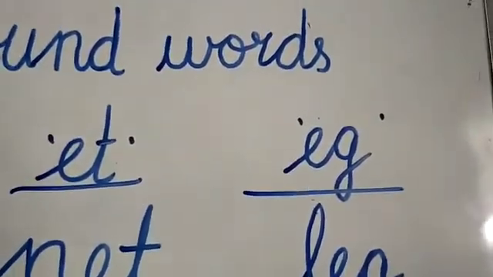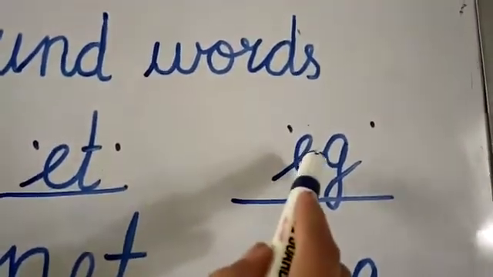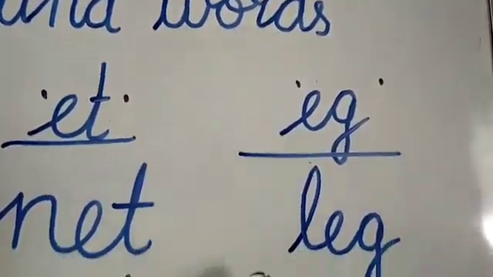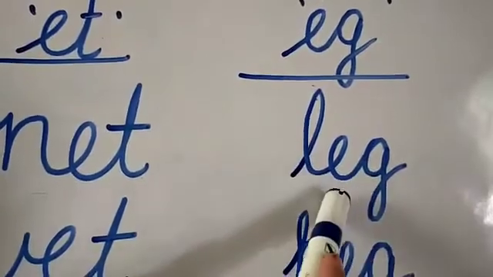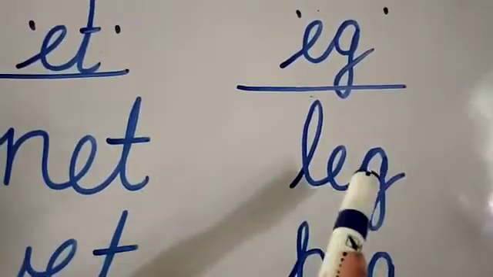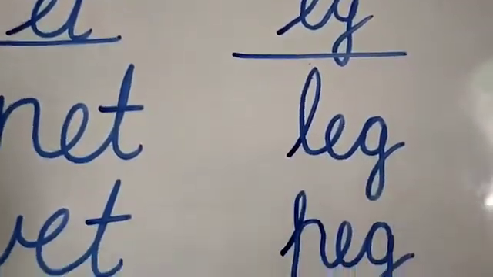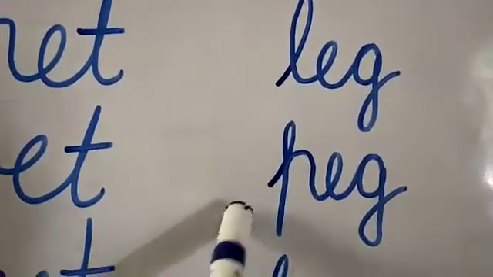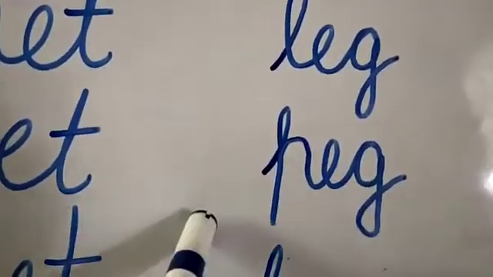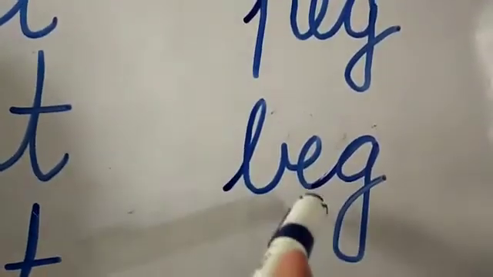The sound of E is eh, G is G. First word is L-E-G. Leg, leg. Next word is P-E-G. Peg. Next, B-E-G. Beg. Next,